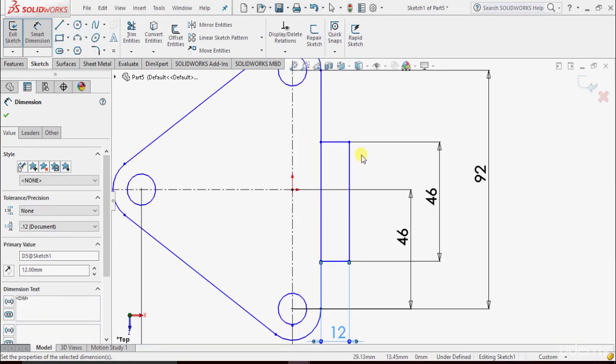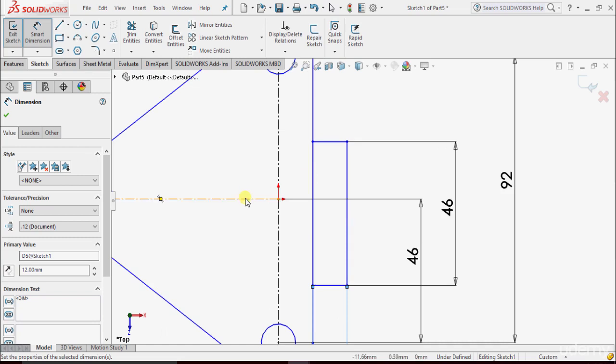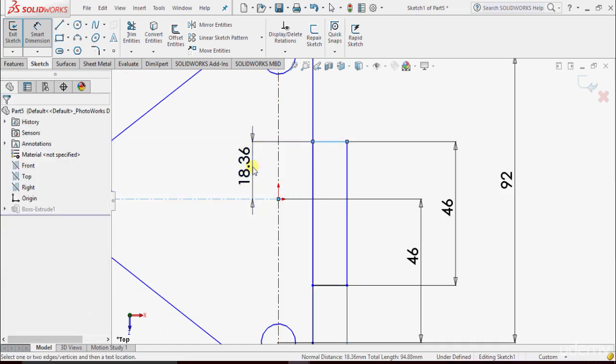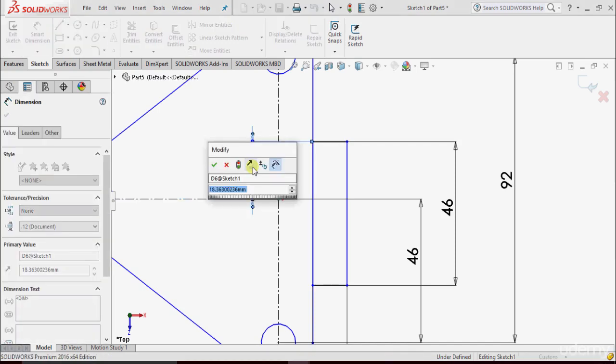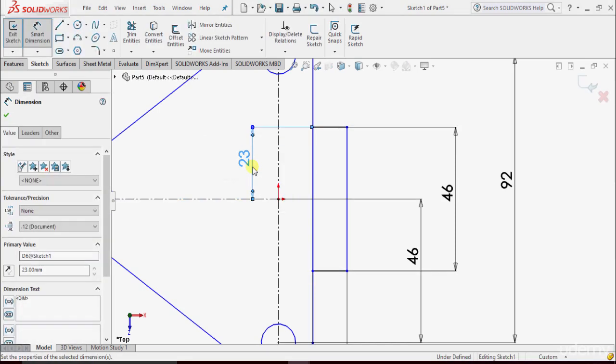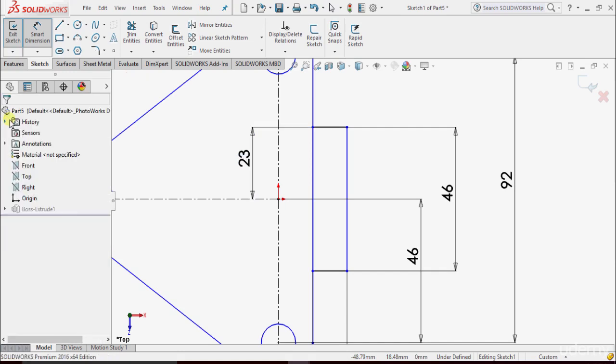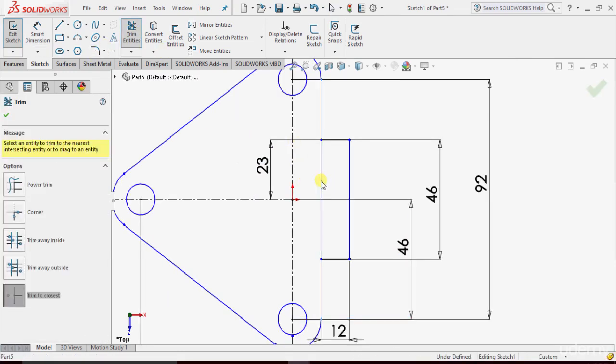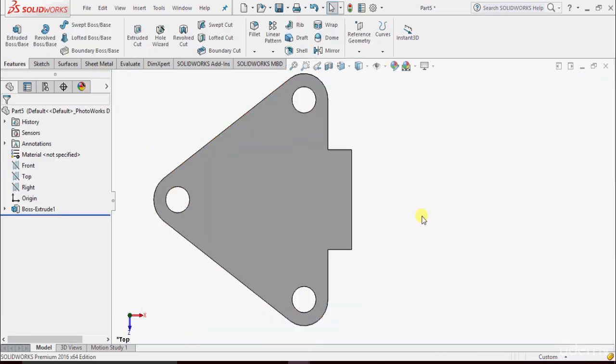And to make this symmetric, we can take any dimension. Suppose from this line to this line, this should be 23, half of 46, so that it is symmetric. Now we have to trim this vertical line. Take trim entities and select this line. Now I can click exit sketch,